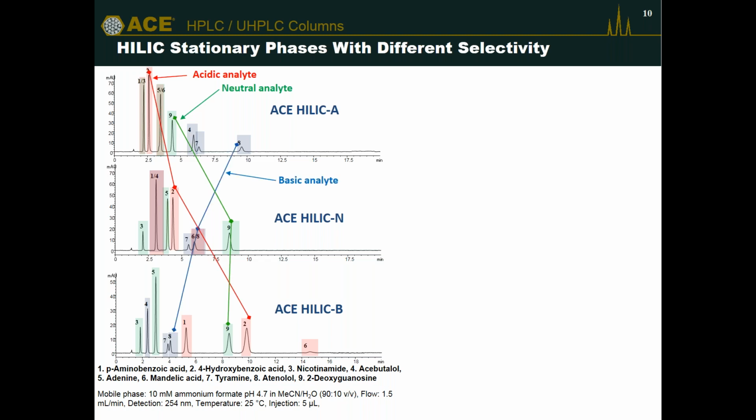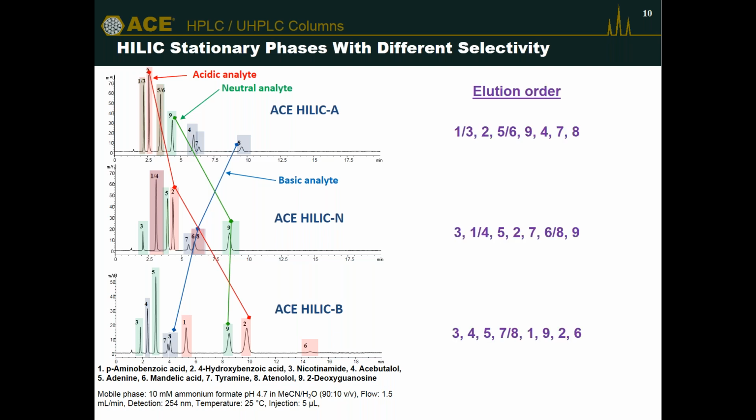And then also for a basic analyte, again, we can see differences in the retention behavior. So what we're seeing under the same conditions is the analytes eluting in different order. The selectivity is different with these different phases. If we look at the elution order, and I've just listed the numbers out there, which you can see the